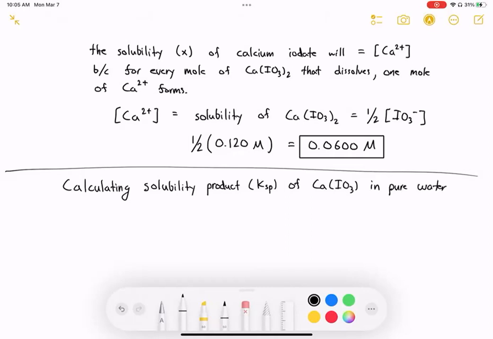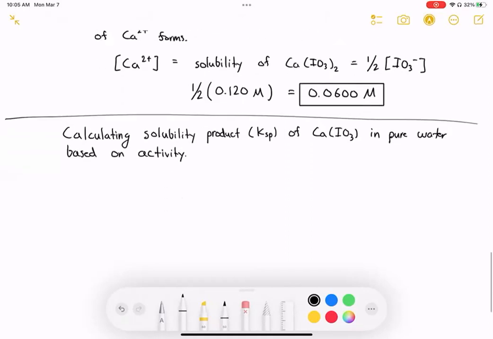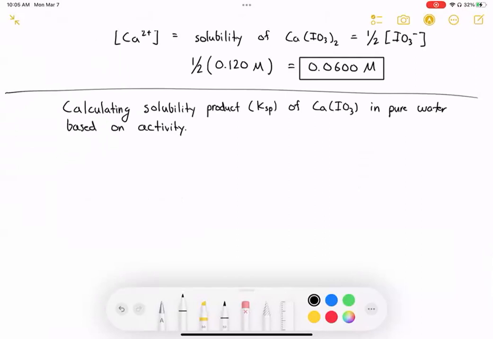So now here we have to consider the concept of activities. So this is based on activity. So we're going to use both concentration and activity. So what activity is,